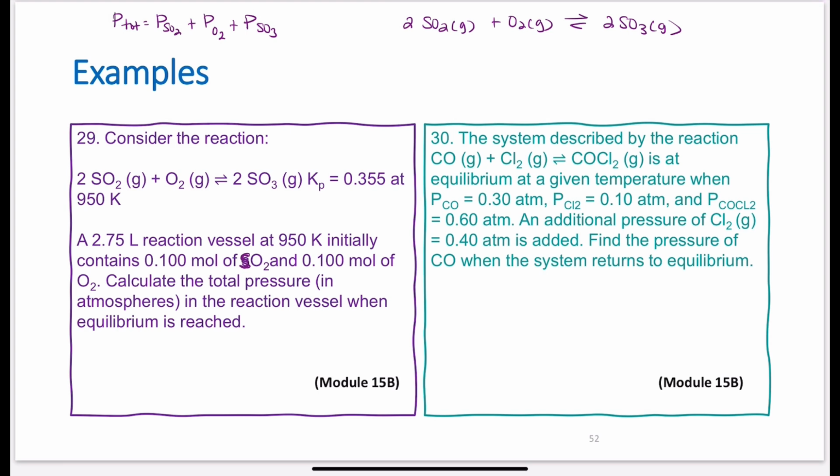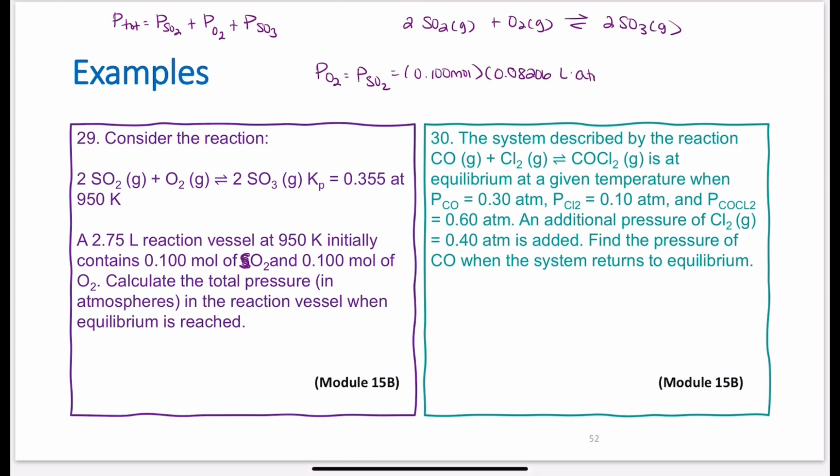I definitely need pressure here. So I'm going to have to find the pressure quick because I don't want to set up the table in molarities. I want to set the table up in pressure, in atmospheres. So my pressure of O2 will actually be equal to my pressure of SO2 because I have the same number of moles. They're in the same condition. I've got 0.1 moles of each one,